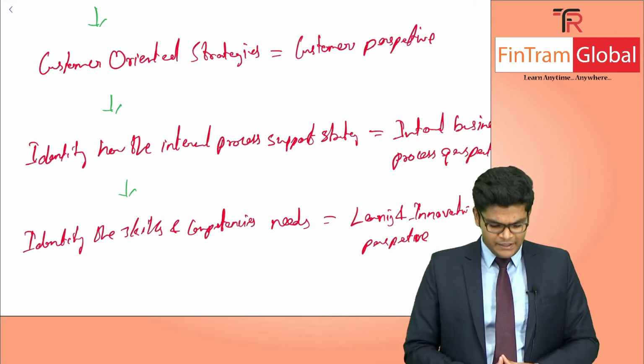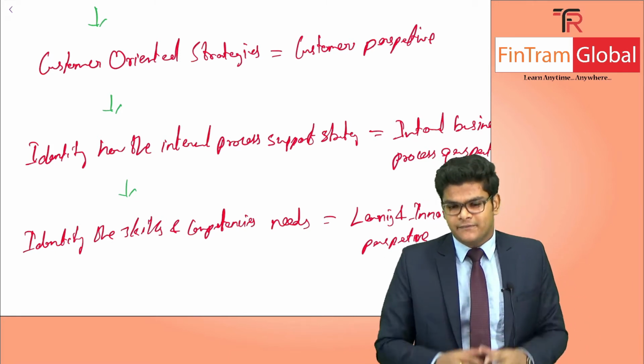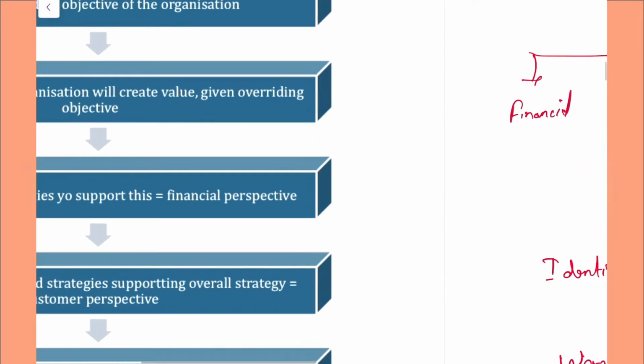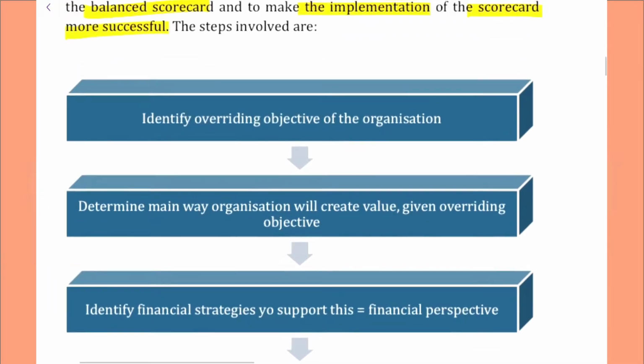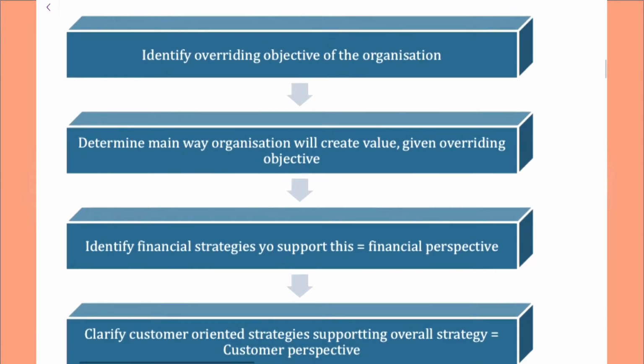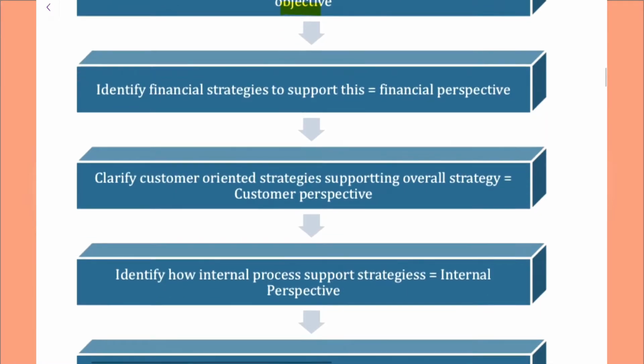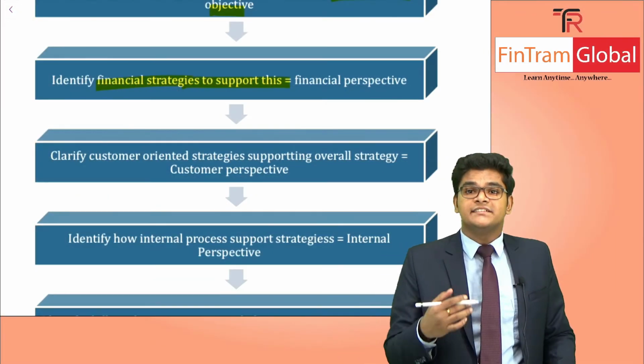As simple as that. Now let's take a look at a bit more beautiful figure, shall we? There we go. So what is the step-by-step approach again? Let's take a look at it one more time. First of all, we identify the overriding objective of the organization and then determine the way the organization will create value given the overriding objective, and then identify the financial strategies to support this, which is basically in the financial perspective,